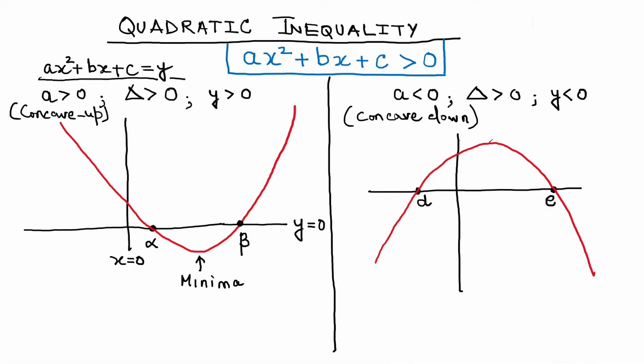Okay, and we know that this x-axis is nothing but y is equal to 0. This entire portion which is below the x-axis will be y less than 0. Analogously, this entire portion which is above the x-axis will be the portion for y greater than 0. That means which part of the graph are we going to consider when we are talking about the concave up